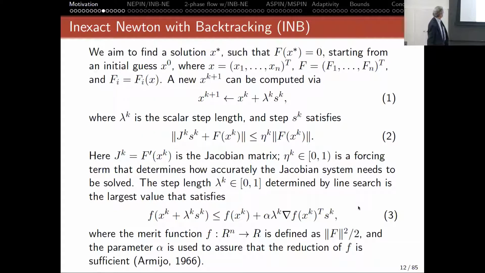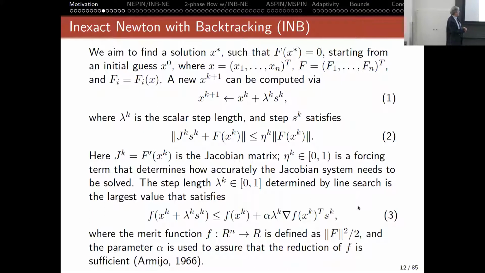I'll blaze through a couple maybe. So the classic algorithm before nonlinear preconditioning is inexact Newton with backtracking. Inexact refers to only approximately solving the Jacobian correction equation. Again, this is the residual, the original Jacobian, and we would ordinarily, in the strict Newton method, set that term to 0. Instead, we bound it by a succession of norms of the original nonlinear root finding problem and a set of factors eta that converge to 0, ending up with a strict Newton method, but not working too hard in the initial stages.